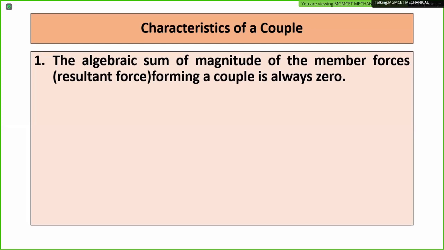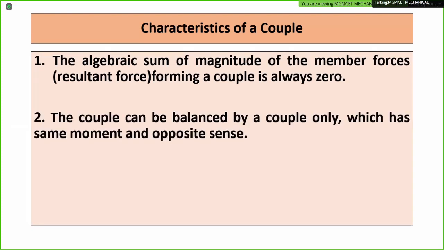तो ये फर्स्ट सेंटेंस जो है, if I have to explain this, I will say the resultant force of the couple is equal to zero. F एक ऊपर जा रहा है, एक F नीचे जा रहा है, so F minus F is equal to zero. So the resultant force of a couple is zero. This is the second characteristic.